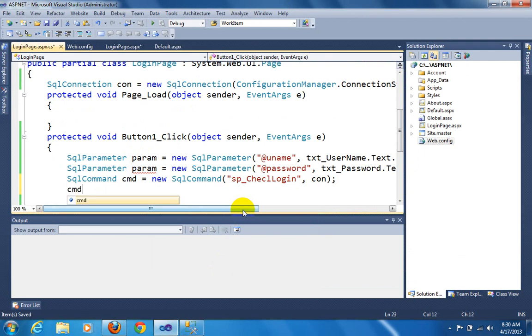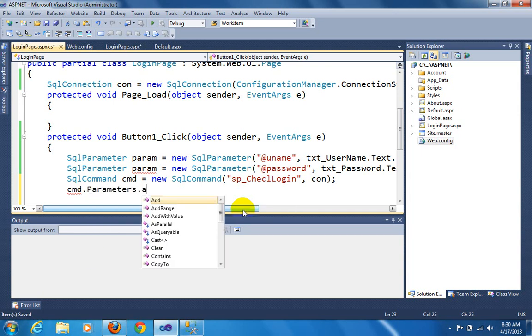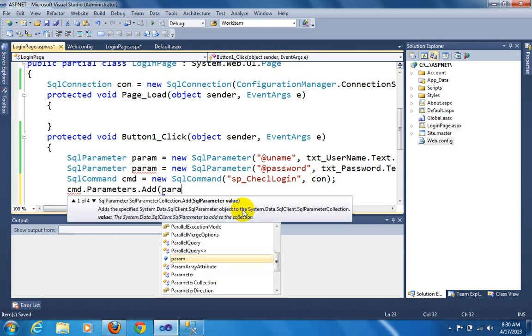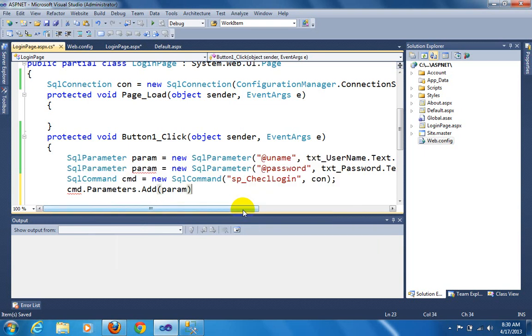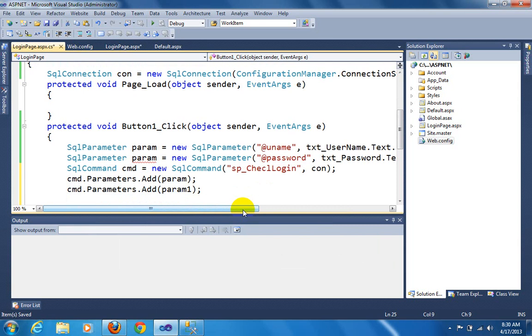After completing this, you have to pass the parameters whatever you have created in your previous programming, that is cmd.parameters.add, and put here param, right? Now param1,